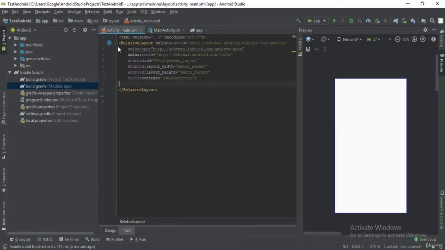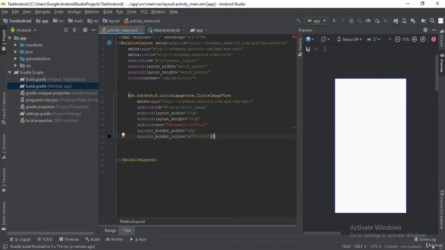And going back to our XML file, the activity_main.xml, I'm just gonna paste it inside my text tab inside the relative layout. As you can see, there is nothing shown for us, because here where it says the android:src at drawable profile, we do not have an image called profile, so I'm just gonna replace it with something else, for example any image that I have. Okay, we have it right here.